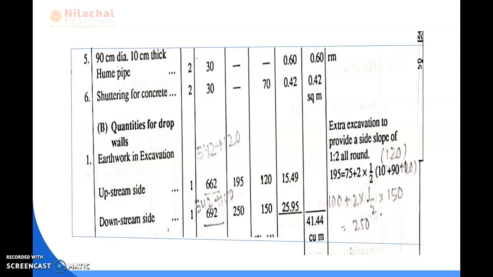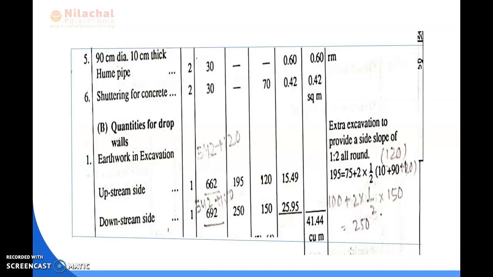Consider the side slope provided for the barrel and the drop well. In the case of the barrel, no side slope is provided for length; the side slope is provided only in breadth. But in the case of the drop well, the side slope is provided in both length and breadth, because on both sides of the length and breadth we consider the side slope to construct the drop well part.